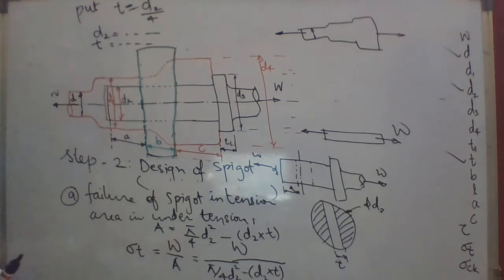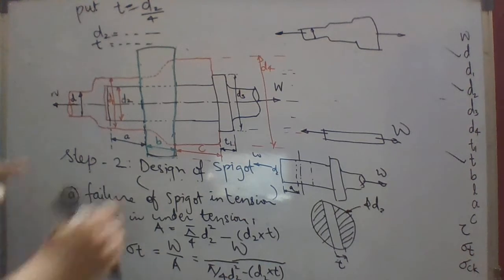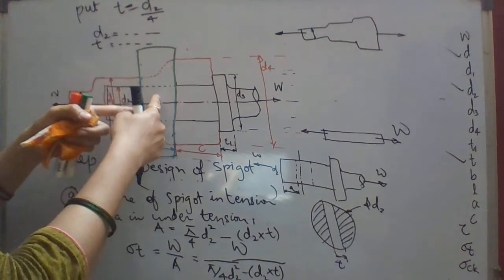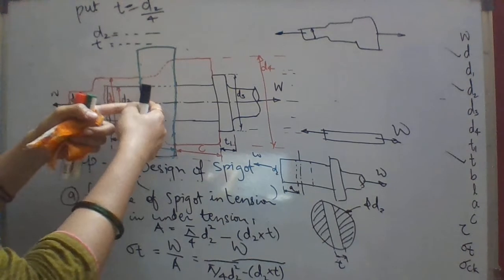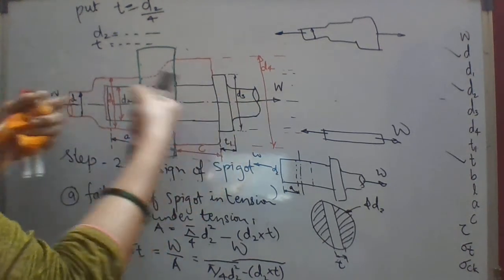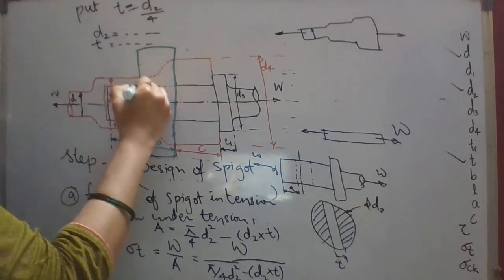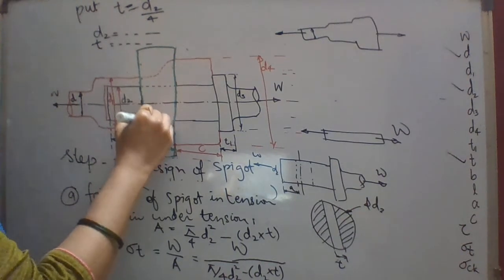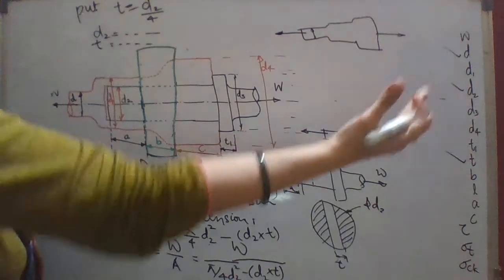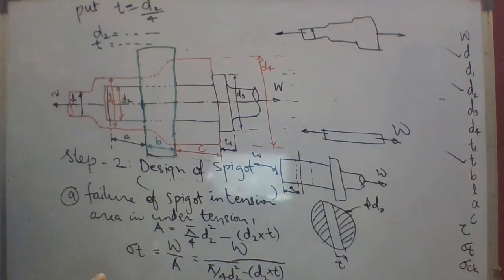Is there any other type of failure which will occur in the spigot? So yes, will the spigot fail under the crushing stress? Now you can see the spigot and the cotter. When the joint is made and when it is loaded, we see only a line of this plane in this view. When we see it in the side view, it will be a rectangle.